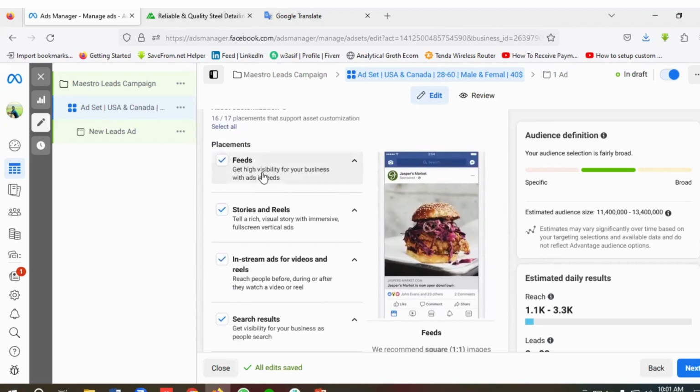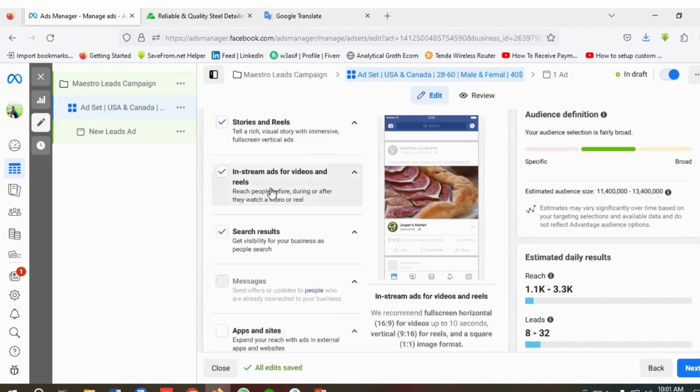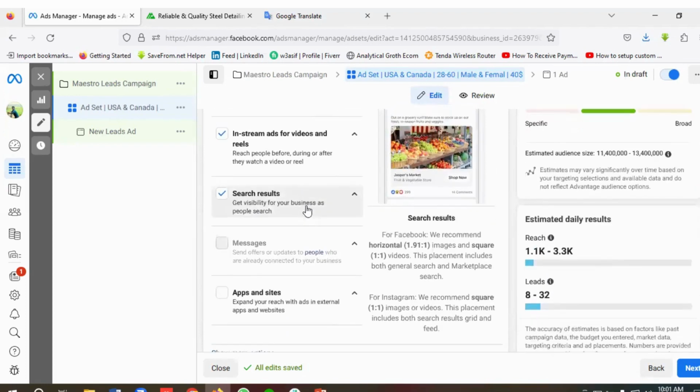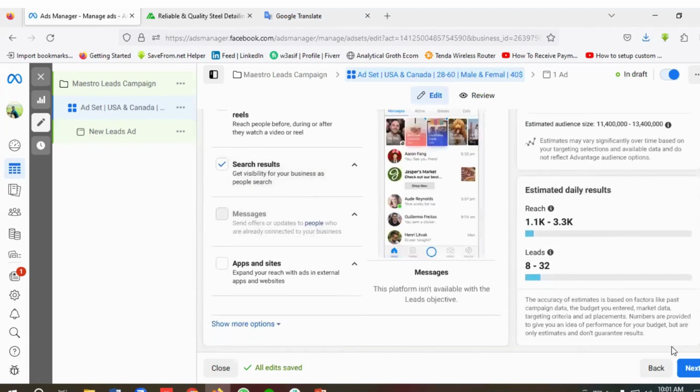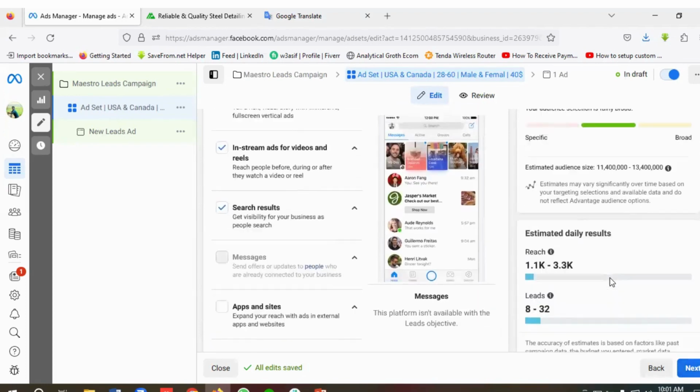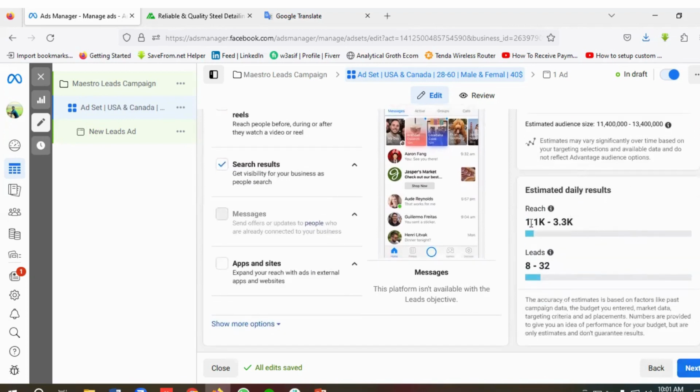Our ads will be shown on feeds, stories, and reels, in-stream ads for videos and reels, and search results. Okay, perfect. Then you can see the estimated audience size, and this is the estimated daily result. This is the reach, and we might get 8 to 32 leads on a daily basis if we use this targeting and this budget. Okay, perfect. Then I'll click on next,